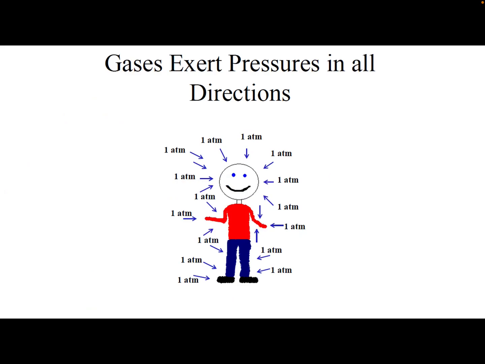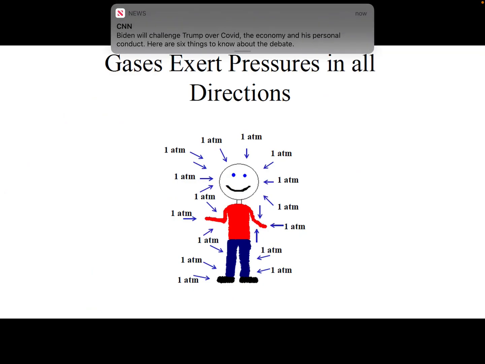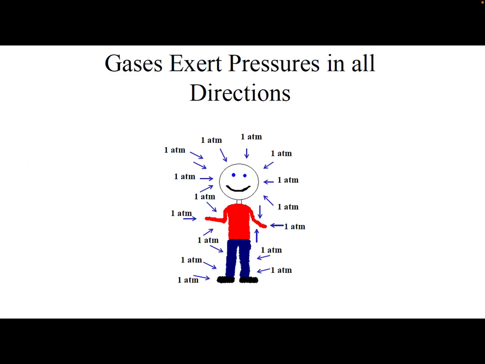You have about 1 atmosphere of pressure on every square centimeter of your body as you sit and listen to this lecture. Basically, it's caused by the gas molecules in the air bouncing off of you. You don't feel it because the liquids in your body push back with the same pressure. So 1 atmosphere is the average atmospheric pressure at sea level. It varies somewhat due to the weather. So if you feel like it, you can look up the current atmospheric pressure and see what forces are pushing